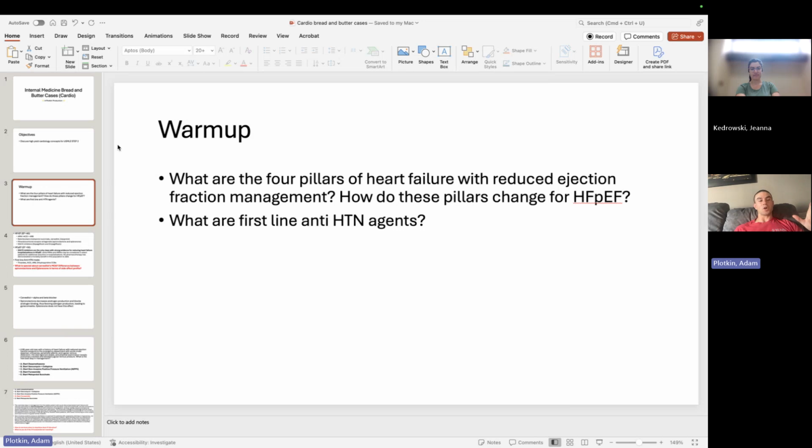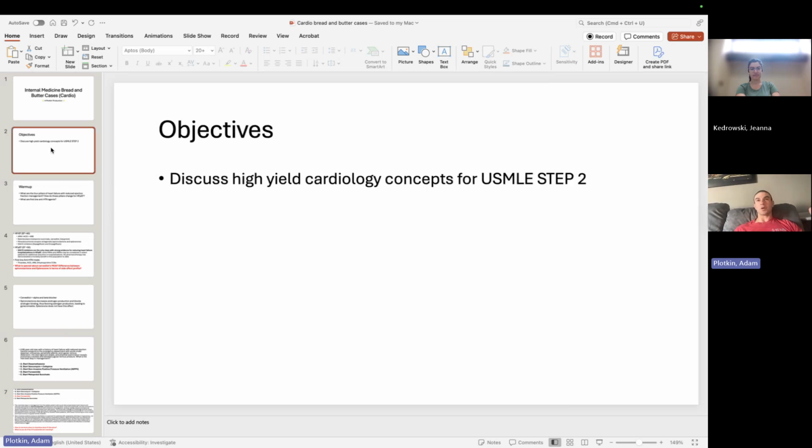Some tips while you're going forward answering questions, I tell this to every student: try to read the last line of the question first. What are they actually asking me? Then I go back and read the vignette. If the last line asks what is the diagnosis, then I read the vignette and come up with a diagnosis before I answer. If they're only asking what's the next step in management, I don't need to spend all my time on the nitty-gritty of whether this is NSTEMI or UA. If I have my general idea, I can come to the right answer and move on.